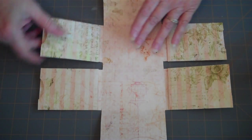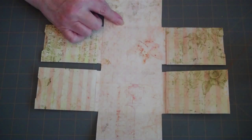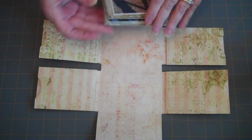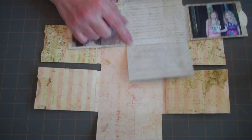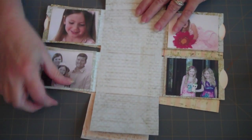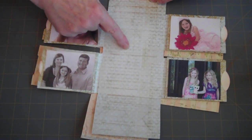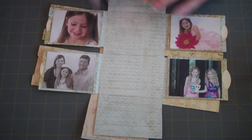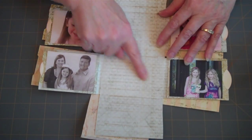And then what I would do is, on this one, I'm going to put the journaling lines in like I did on this other Easter one. Let me show you. You might not even be able to see them. But again, instead of putting pictures in the center part, which you could, I just did my easy journaling lines just faintly, because I like that look with that text in the background too. And now I'm just going to write about Easter